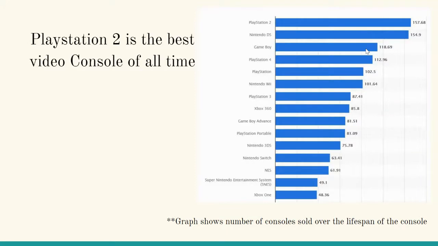But again, maybe we say, well, the reason the most PlayStation 2s were purchased is because that was around for a much longer amount of time. Maybe they broke more often, and so people had to buy more than one. Right? Some different options that we might have to consider there.